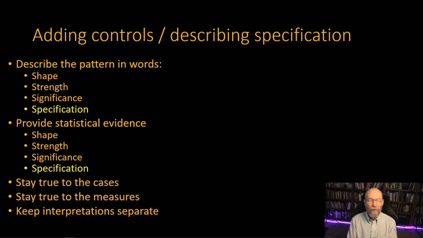And in previous videos, we've seen that when you describe the pattern or provide statistical evidence, you do both of those for shape, you do both of those for strength, you do both of those for statistical significance. And now we're going to add specification. But in the specification video, we said there are actually 4 things you might be doing when you add control